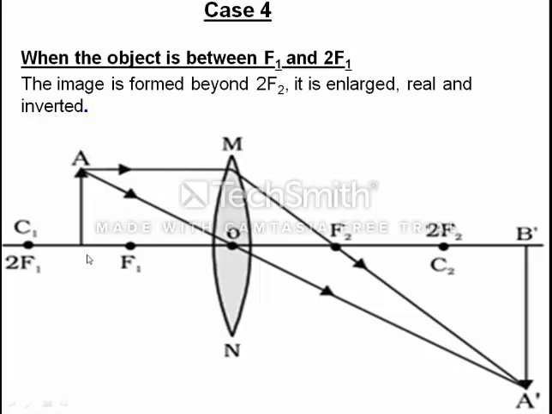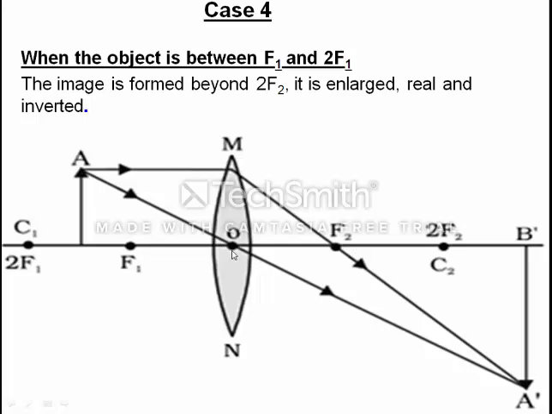Now again we are taking an object AB. Again the same thing is happening here. It is better to draw a dotted line here, because only after this dotted line does the refraction take place, because when you watch in 3D view, this is a lens. So you will take a dotted line, and after this point refraction takes place, not from here. It is taking place from here. So a ray which is parallel to the principal axis, after refraction passes through the focus.